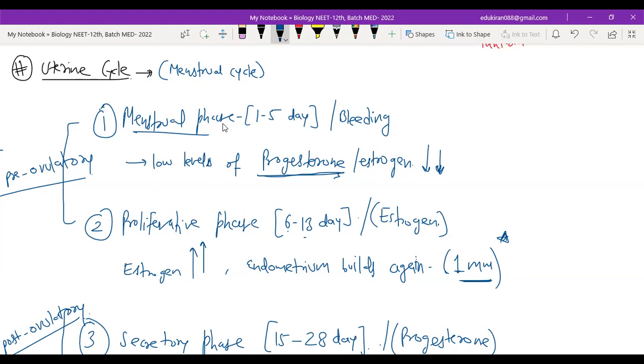Whatever was already present in the uterus starts breaking down and flowing out. That is called the menstrual phase, or the bleeding phase. So write down: during the menstrual phase, which is day 1 to 5,